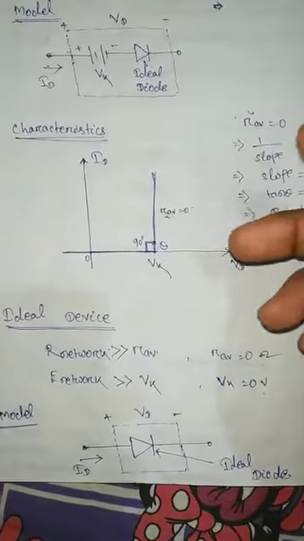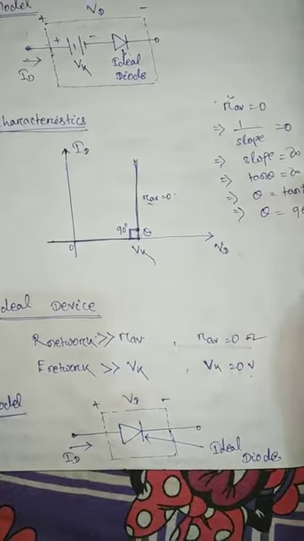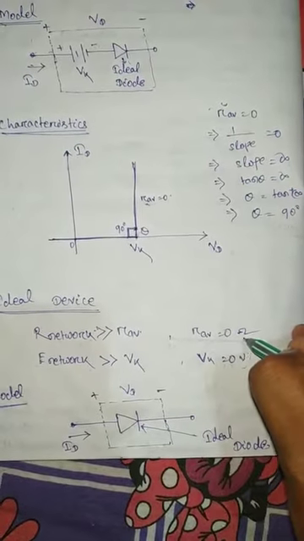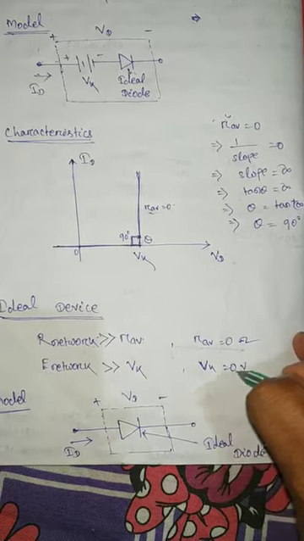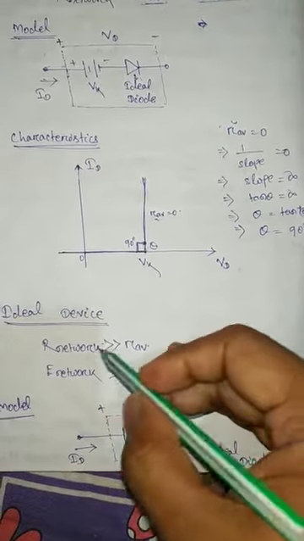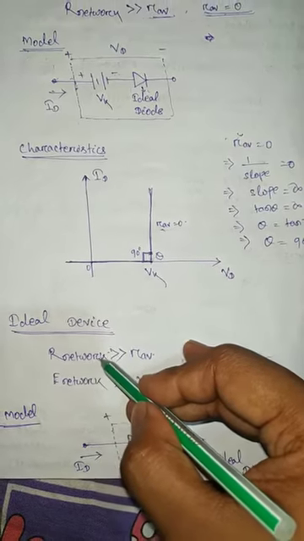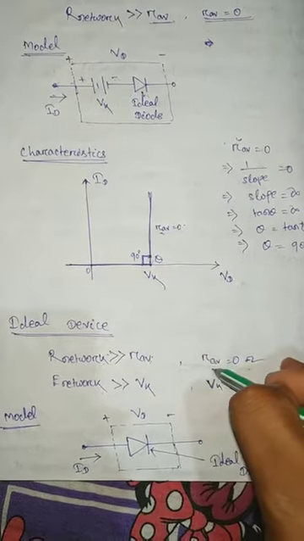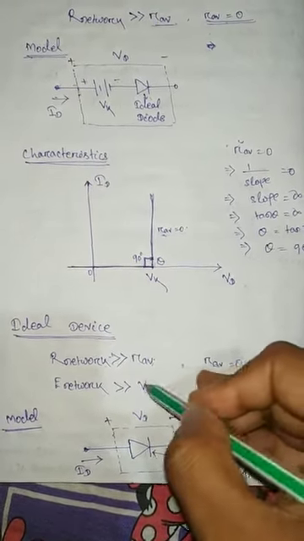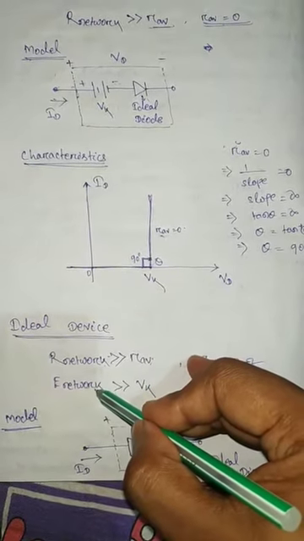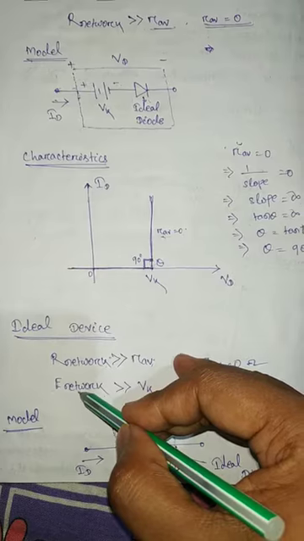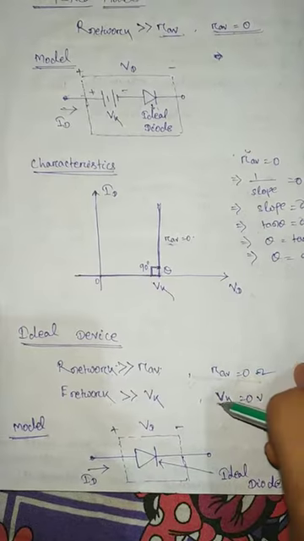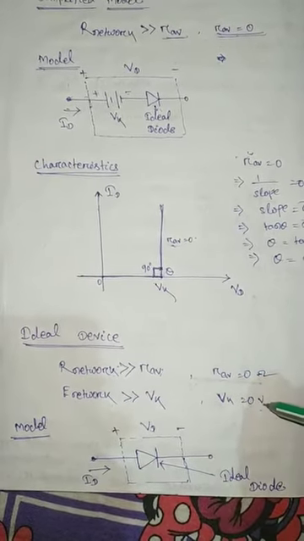Now come to the ideal model. As we already discussed in the previous video lecture, here the average resistance for the diode is 0 ohm and the barrier voltage Vk is 0 volt. Why is the average resistance 0? Here the resistance provided by the network is very large compared to the average resistance of the diode itself, so we can assume the average resistance for the diode is 0 ohm. The supply voltage E of the network, meaning the supply potential of the circuit, is much greater than the barrier potential voltage, so we can assume that Vk is also 0.